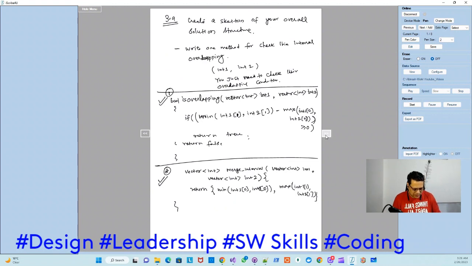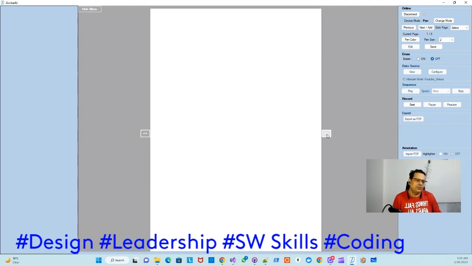So the second thing is this, and the third, which is very important, is interval merging. Let's go to a new fresh page. So the third interface is to insert a new interval